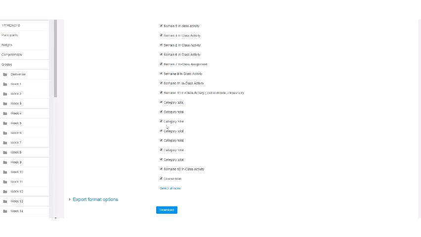In my case, it's really easy because I can just unclick all of these and call it a day. However, if you have a whole lot of things in your gradebook, it may not necessarily be quite as efficient to do it that way. So if you want, there's actually a select all / select none button down here. If you click it, as you can see, the first thing it does is